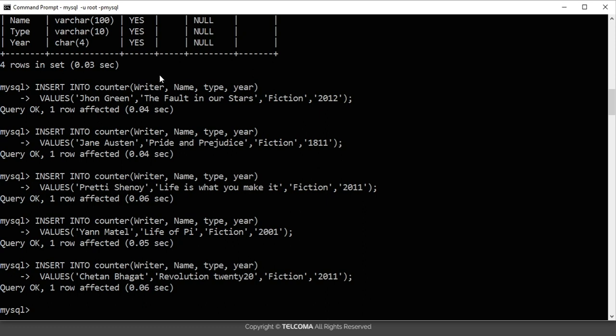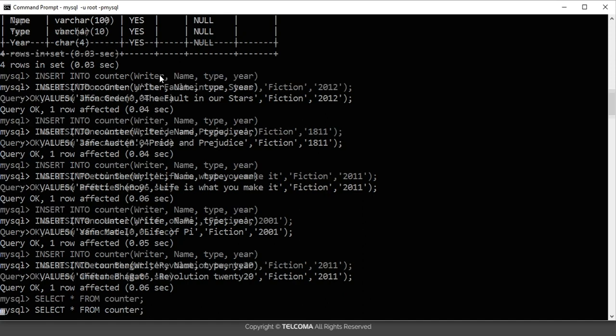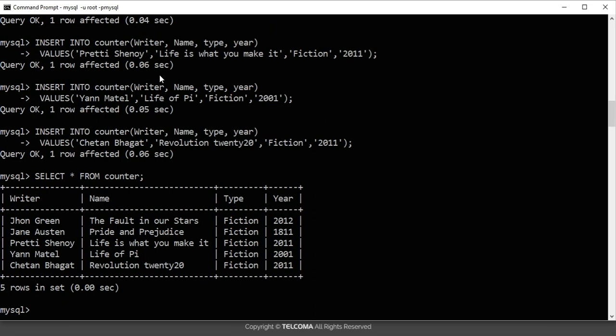Let's see, to display this table again you have to write the command, that is select star, that is the object name of this table. From here you have to give the name of the table, that is counter, and now add a semicolon to it and press enter. So here you can see that in this table it's showing, as earlier this table was empty,